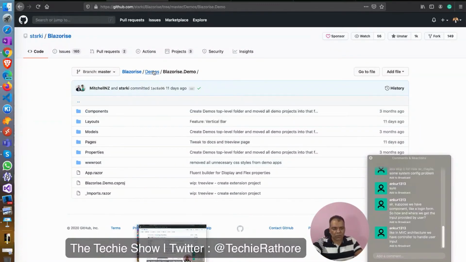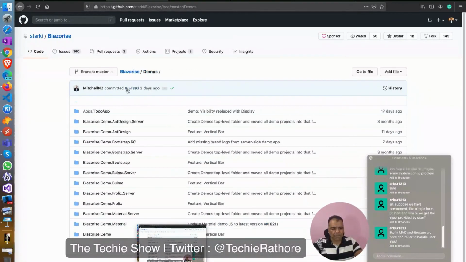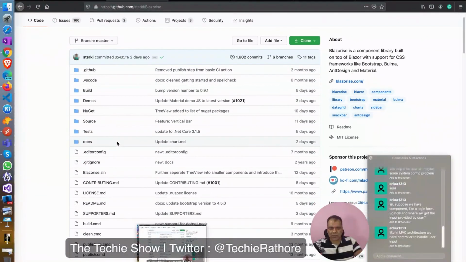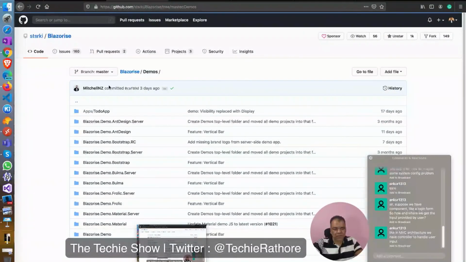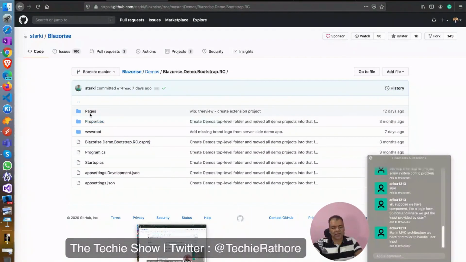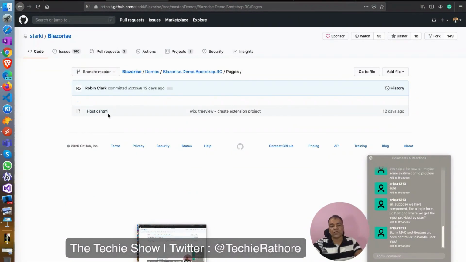If you download and run this code on your local Visual Studio, you will see that it has just the head. Inside pages you can see one single host.html, nothing else.